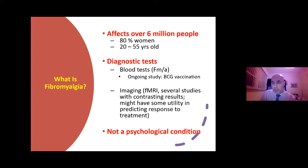Now, a question always comes up when patients ask, are there any diagnostic tests currently available for diagnosing fibromyalgia? And I will tell you, this area is still very much in development. There is a test currently available that has been available for the past several years out of University of Illinois. They're still refining it. In fact, they are working on a study. There's a study that's being done out of Harvard where they're